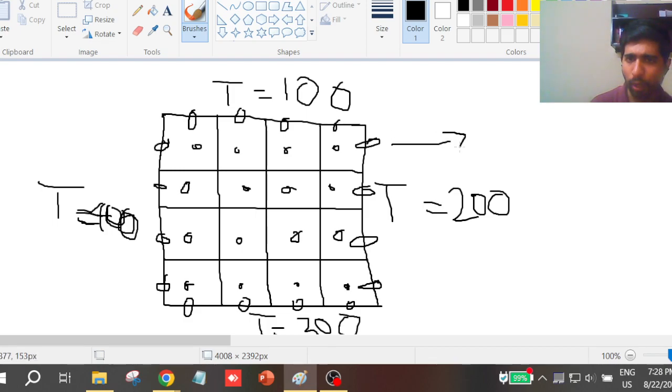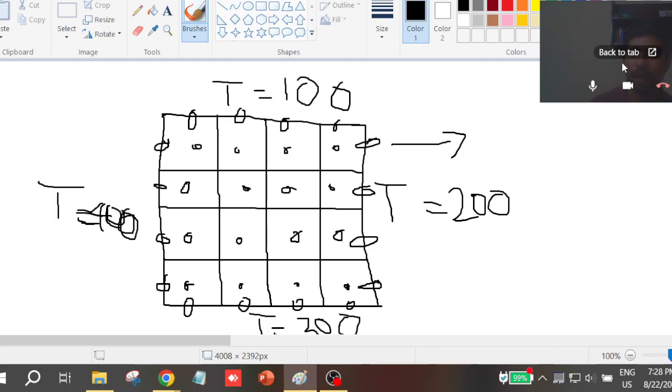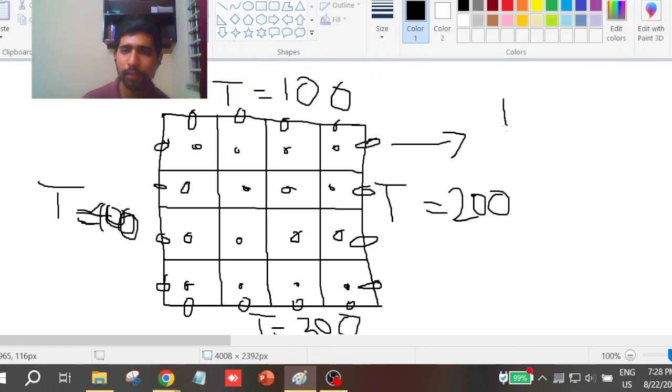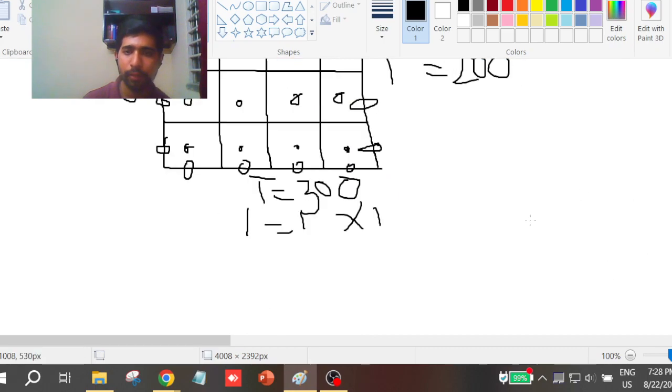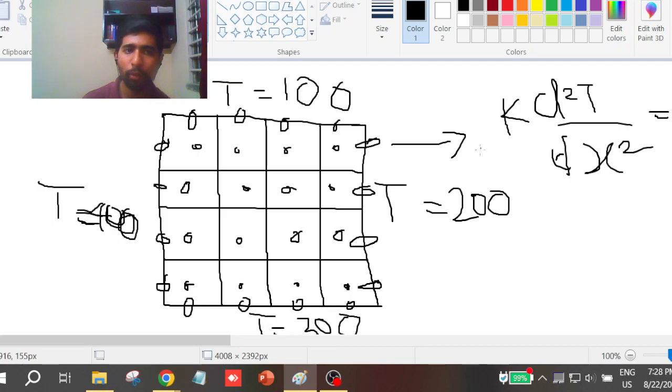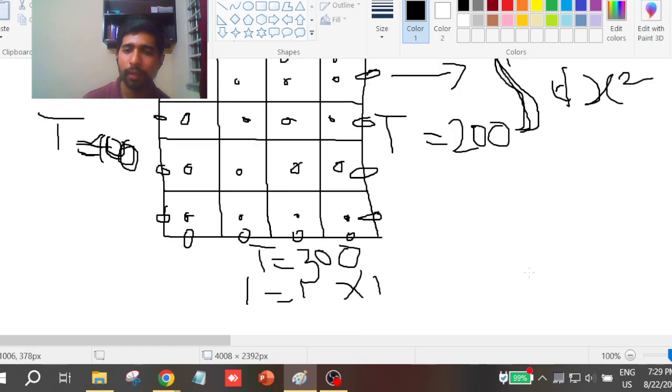Now I'll just tell the difference. In the finite difference method, we took the governing equation k d square t by dx square plus k d square t by dy square equal to 0, applied central differencing for the whole term, and came up with a linear algebraic equation. But in the finite volume method, we take a more physical sense. We say that this whole governing equation should be applicable in the control volume, so let us integrate it, then apply the Gauss divergence theorem,